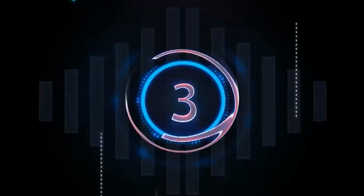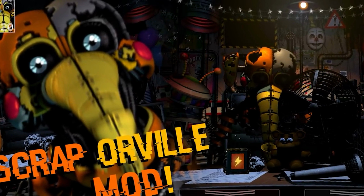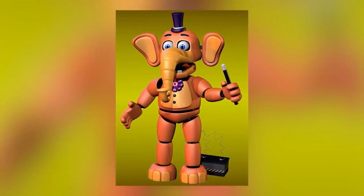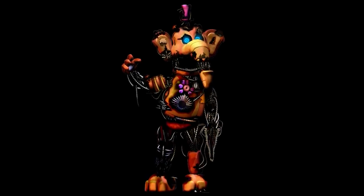Congratulations. Getting close to the end, in at number 3, Scrap Orville. I found this Scrap Orville through a mod that replaced Orville, I'm assuming, with the Scrap Orville version. Orville Elephant isn't a particularly scary character, and that remains the same for the rest of the Mediocre Melodies. However, this Scrap Orville mod, made using a model by DeviantArt user Holupaxum, based on a design of Reddit user